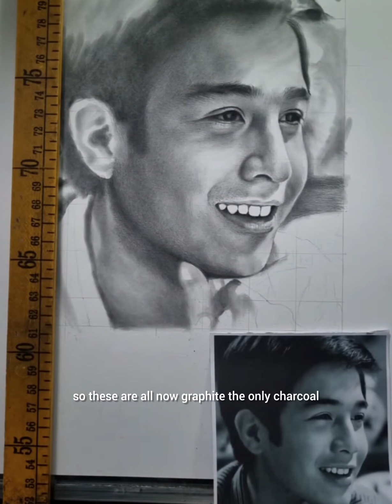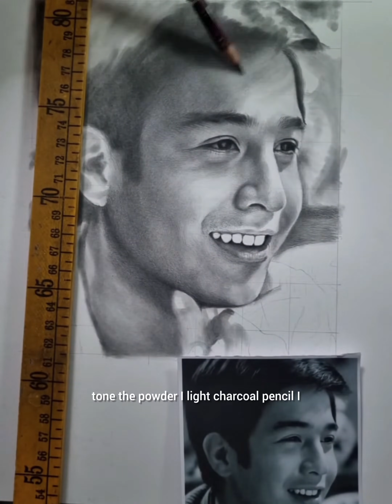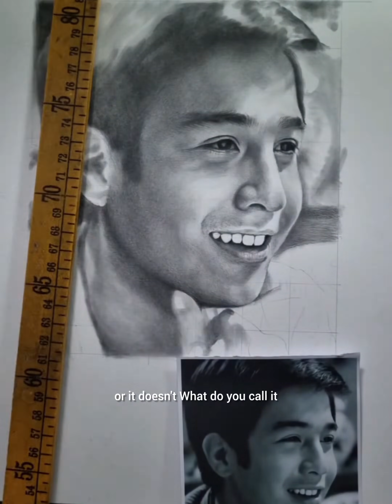So these are all now graphite. The only charcoal that I used for this drawing is the base tone, the powderized light charcoal pencil I put on the base tone, and it doesn't drown...